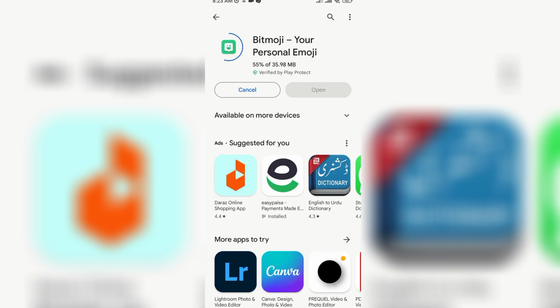To use these apps, you will need to download and install them from Google Play Store and then set them as your default keyboard. Once you have done that, you can access the iPhone emojis by tapping on the emoji icon